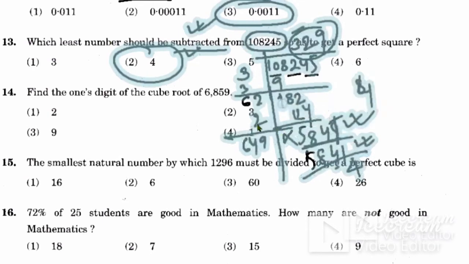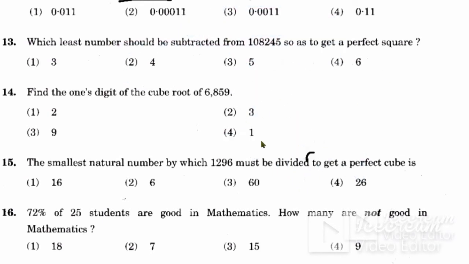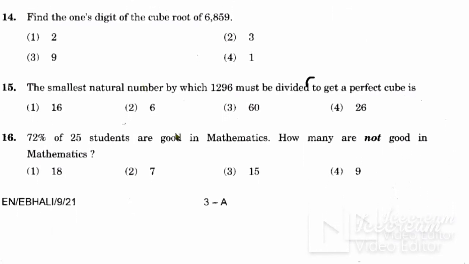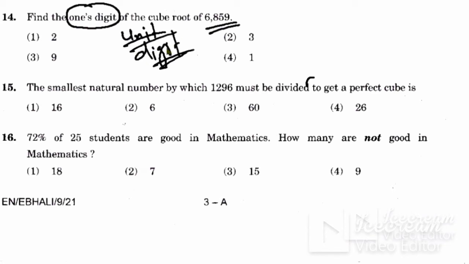Okay, so we will go for the next question. Next question is question number 14. So question number 14 is find the ones digit of the cube root, ठीक है. इसका cube root के ones digit पे क्या आ जाएगा. So previous question paper के solution आप देखोगे तो मैंने ये short trick ही आपको बताया है, unit digit short trick, मैंने बताया है बहुत सारे वीडियोस में, अगर आपने देखा होगा तो, ठीक है. तो इसके ऊपर इन्होंने क्वेश्चन ही पूछ लिया, ठीक है.